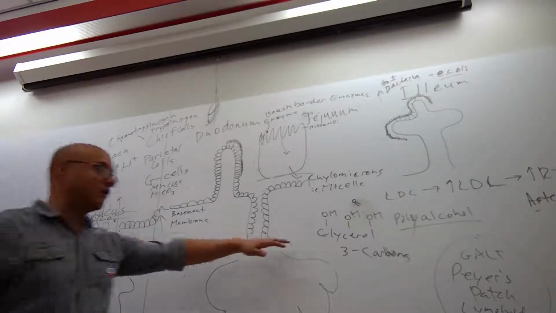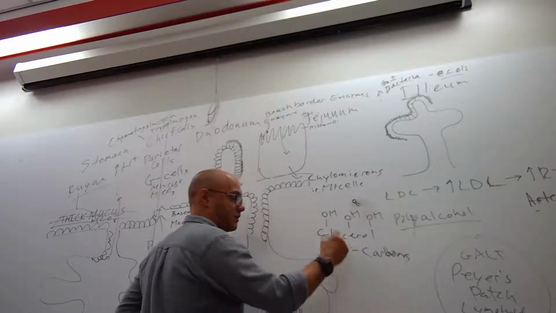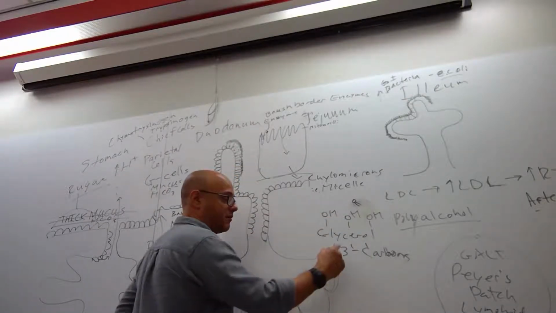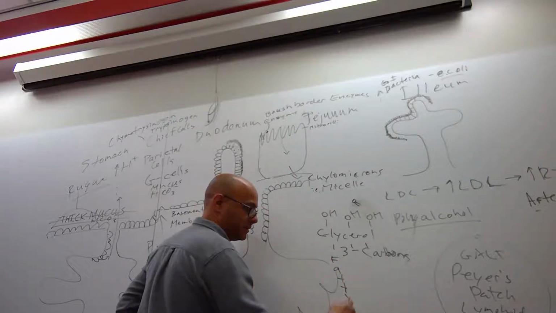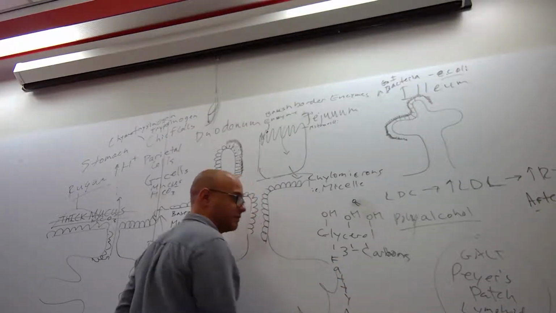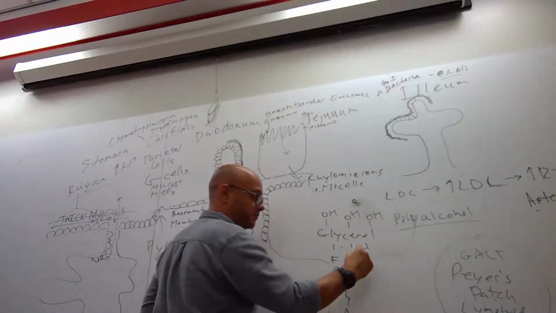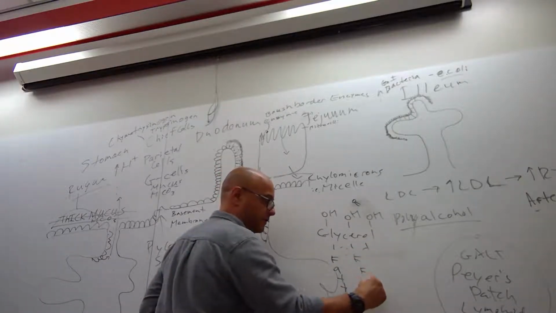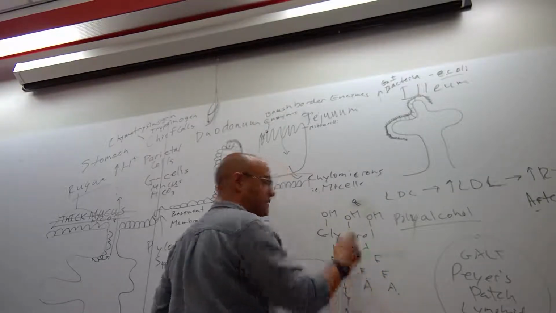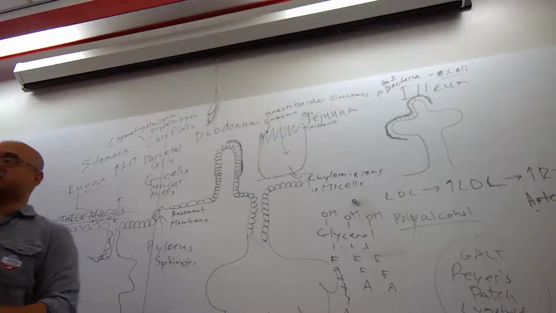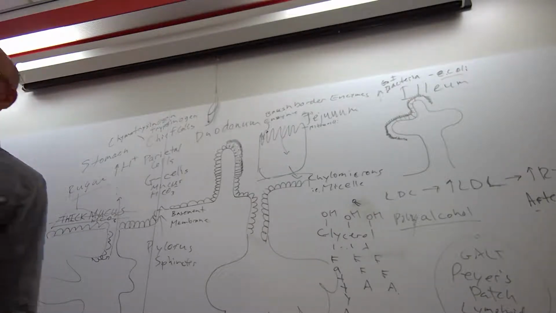So the polyalcohol is that glycerol molecule. Because it's 3 carbons, and because it has polyalcohols in it, it's the one that can attach to the fatty acid chain. So it has the ability to hook up, because it's got 3 carbons, up to 3 fatty acid chains. It will decide what it does with those fatty acid chains. Why? Because fatty acid chains could actually be fatty acid chains